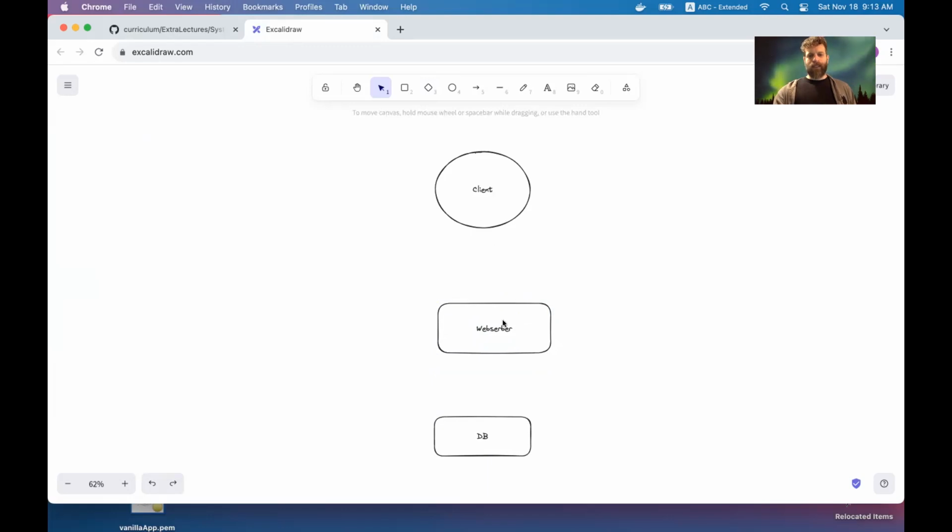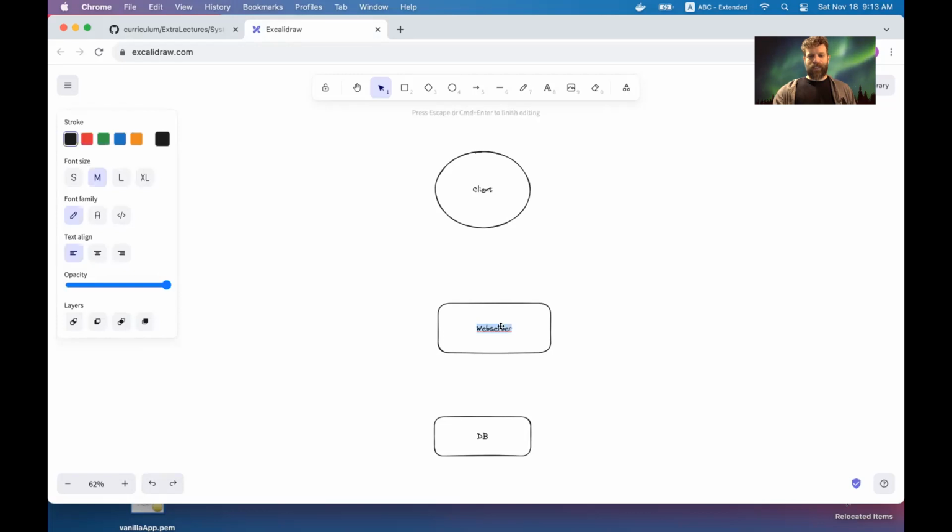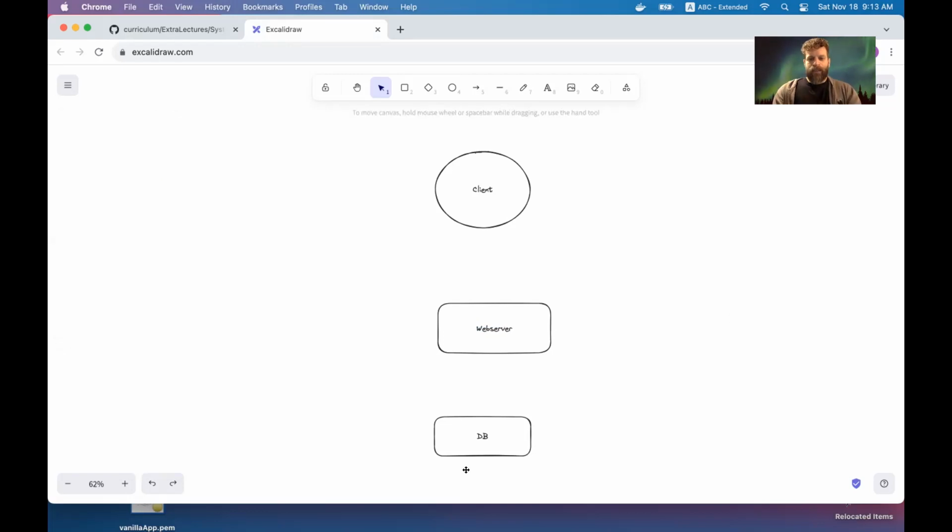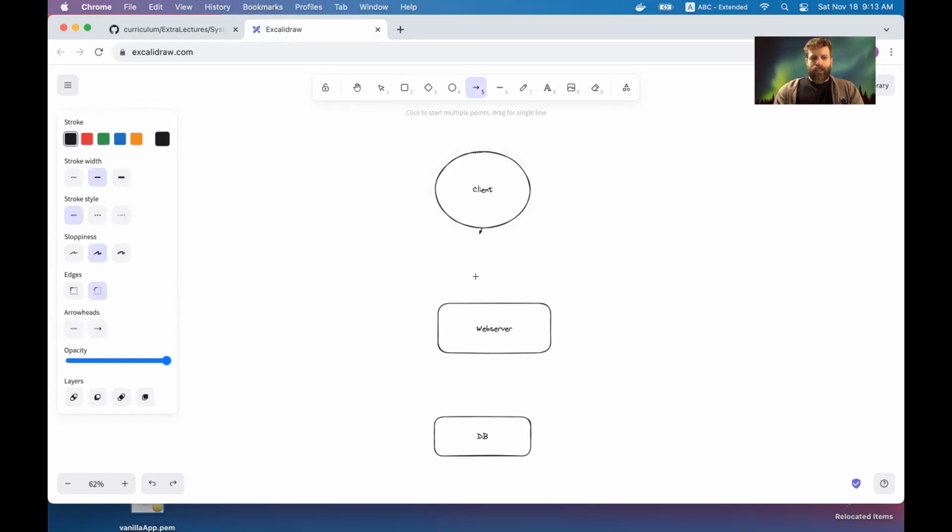We have a client, and the client is going to communicate to the web server, and the web server is going to communicate with the database. So you might also sketch out the flow of information here. So you have an arrow. So request is going to go here, and then request is going to go here, and then there's also going to be a return route. So we're going to go back here and then go back here. Right, so client makes a request to the web server, which processes it, hits the database, maybe stores whatever, and then